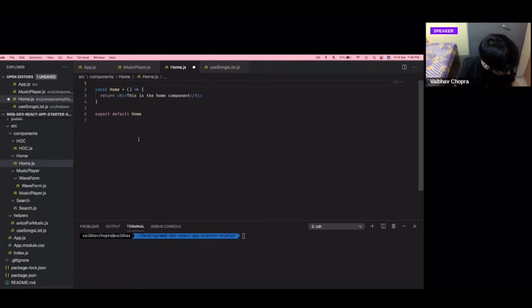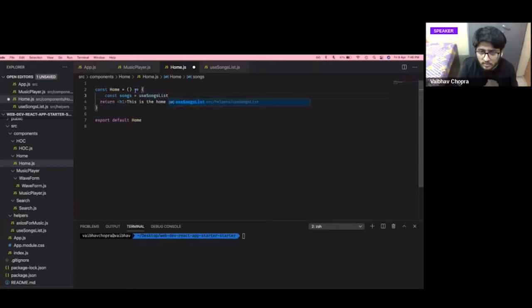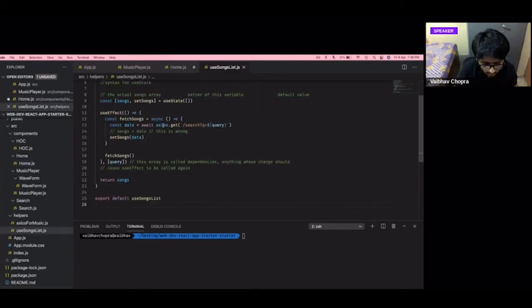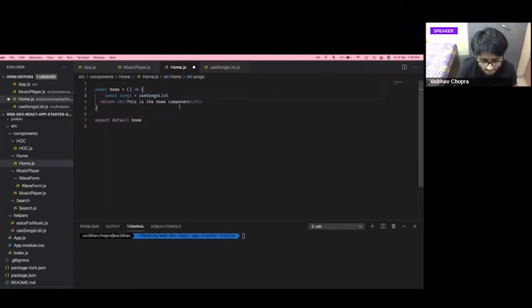Let's go ahead and code the home.js part. Meanwhile, I am looking at the chat, so if anybody has any doubts, I'd be more than glad to answer. Okay, so in the component, I'll show you a cool thing. const songs = useSongsList. I think the reason you're getting await as an error in your code is because we have not written async here. Have you written async here? Just please check once.